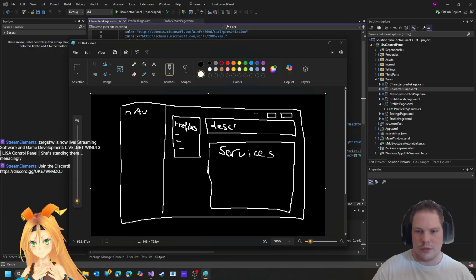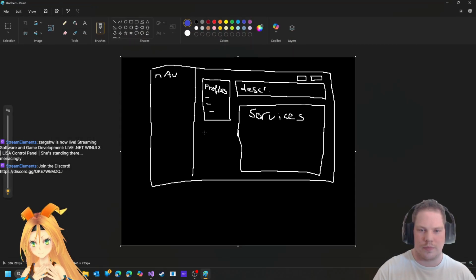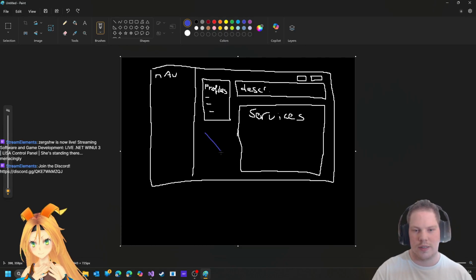So, 1, 2, 3 columns. 1 for profiles. This would be an empty space. Oh, right. Let's give you another color. This would be an empty space. That's not the right color. This would be an empty space. This would be